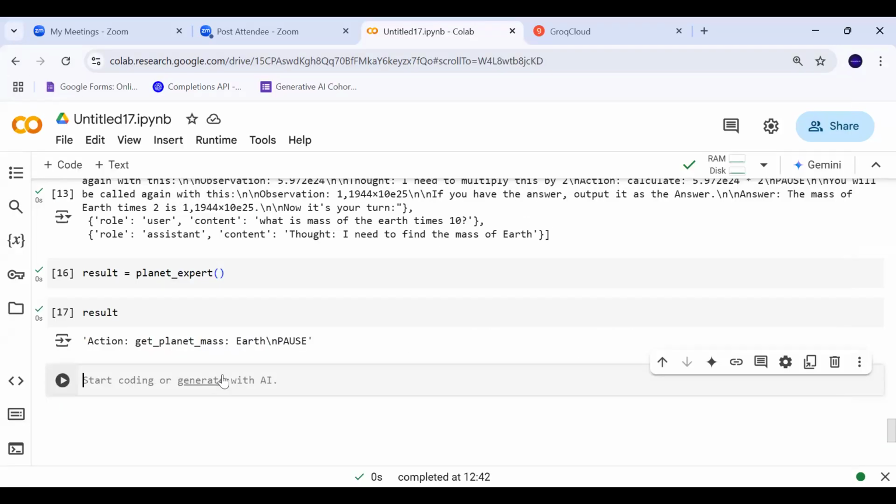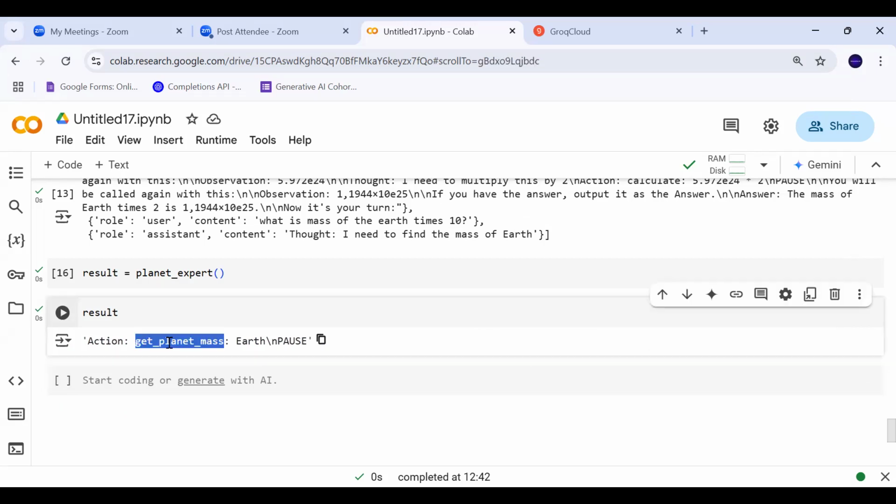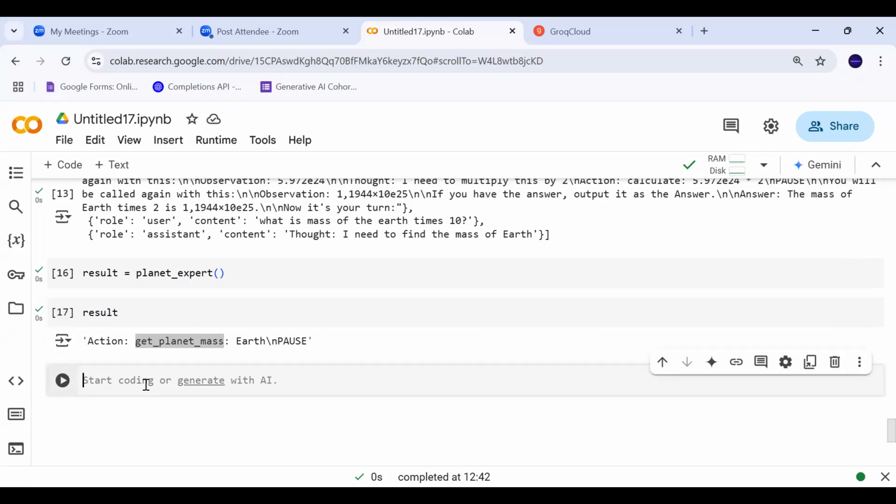We gave it 2 actions and it is now able to tell me by its own reasoning, by its own ability, that I need to call this action, which is get planet mass. Make sense?